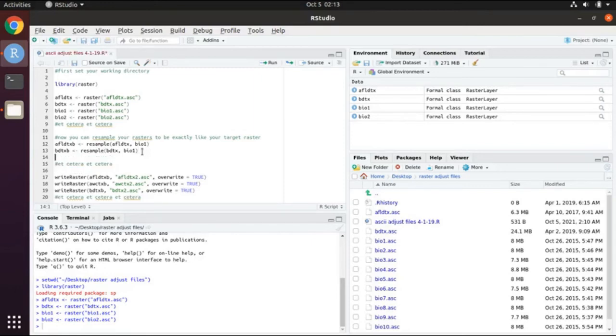So the next one in this list would be bio1. But of course, we don't need to resample bio1 to itself. So we will skip that and we will write bio2B, because I am going to be resampling this raster bio2. Bio2B,